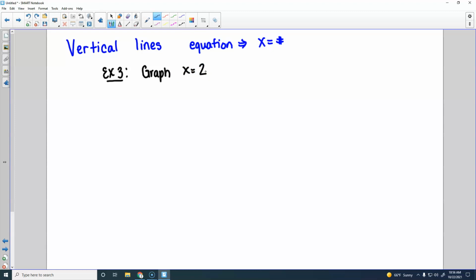Okay? It seems backwards. X equals sounds like it should be horizontal, right? Because the x-axis is horizontal. Here is why that's not the case. All right, so if we draw ourselves an axis here,